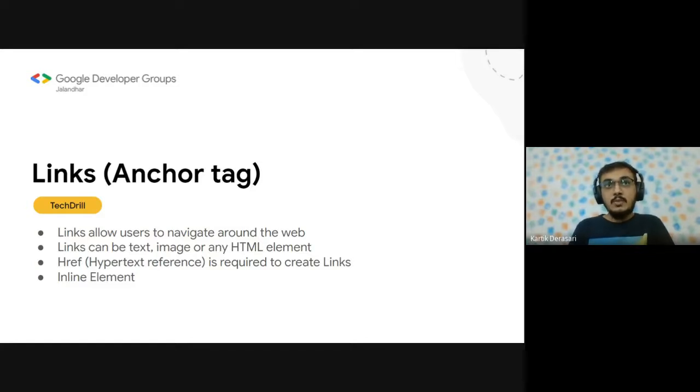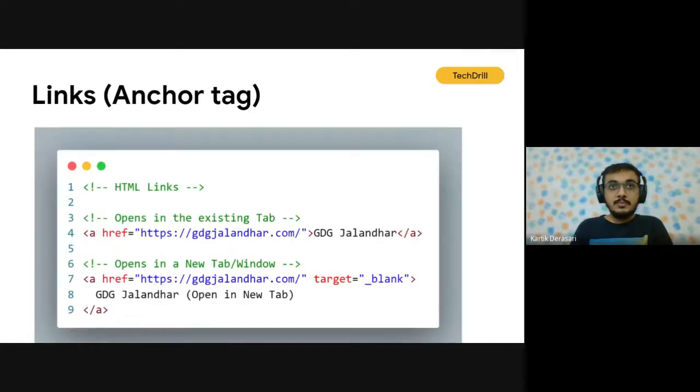So till now we have heard about block level elements, but a link is something that if we create a link over here, then other content can also be placed beside it. It will only take up the required space on the web page. Okay, so coming down to how we can write the code of HTML links.